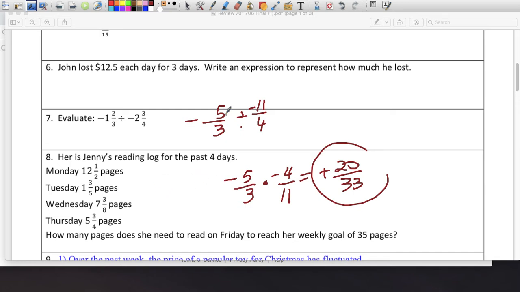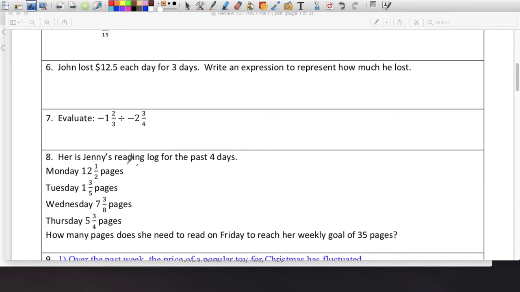These guys over here, ugh, I might have to use a calculator. So Jenny reads this many pages on Monday, Tuesday, Wednesday, Thursday. So she wants to know how many pages she needs to reach her weekly goal of 35 pages. So we need to add all these guys over here. So 12.5, I'm going to write 12.5. Hopefully that's better. Plus 1.6. What's 3/8? No idea what 3/8 is. 3 divided by 8. Okay, if you have a calculator, by all means, plus